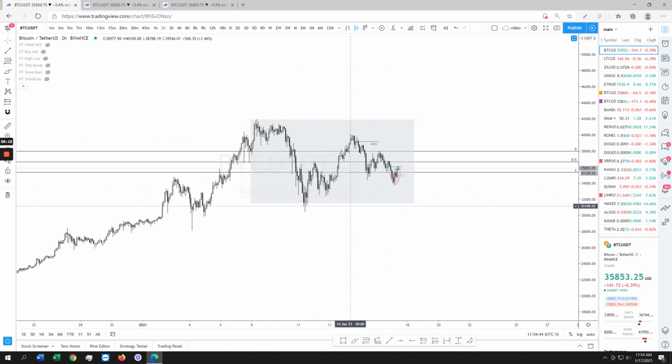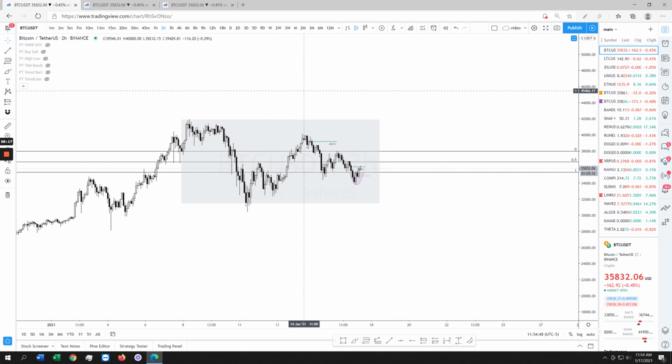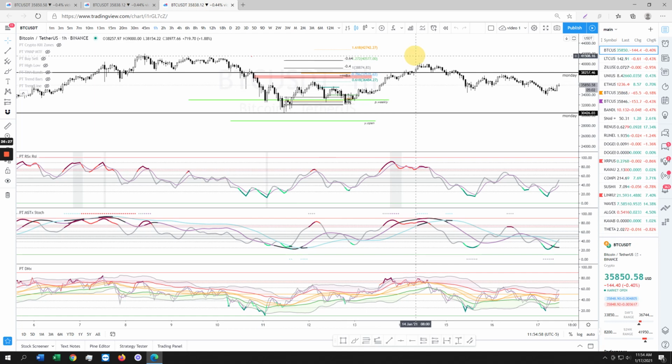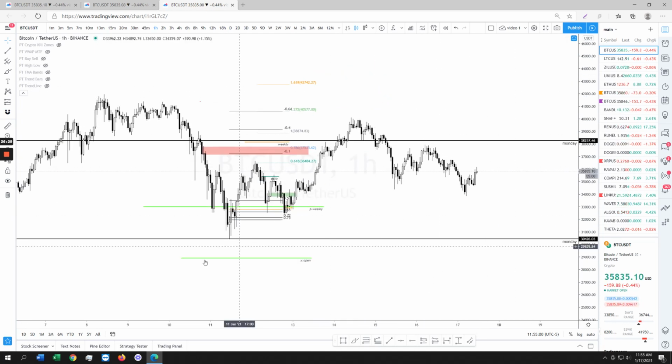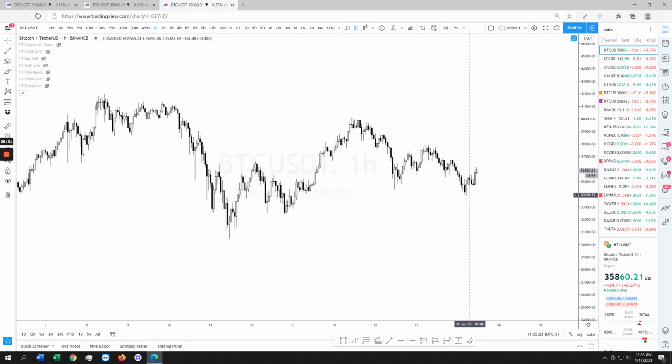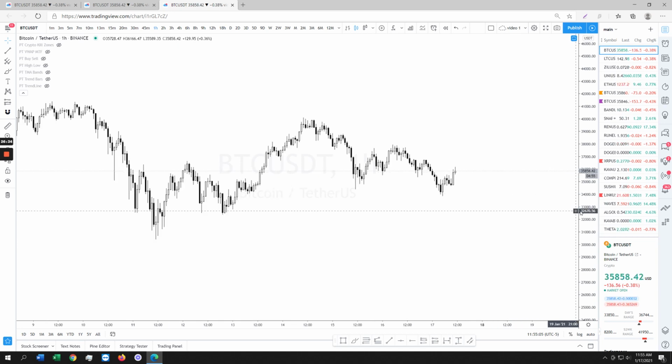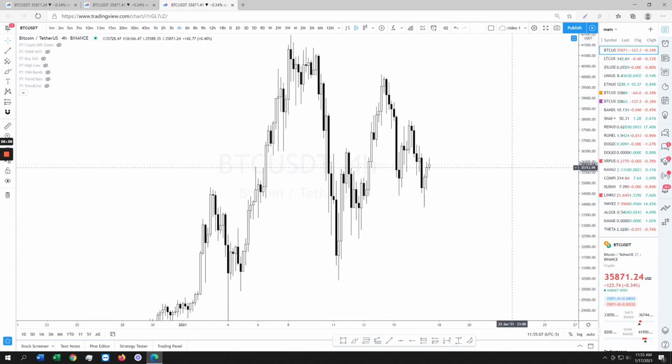Look at this, right? Whichever way it decides to break, it's going to be massive and impulsive. I think that we're going to get a fake up into a down, right? Yeah, we're still in Monday range. See how this? Oh, we just took the high. Oh, this is going to dump. 4 hour. Yeah, it's going to go back down, guys.